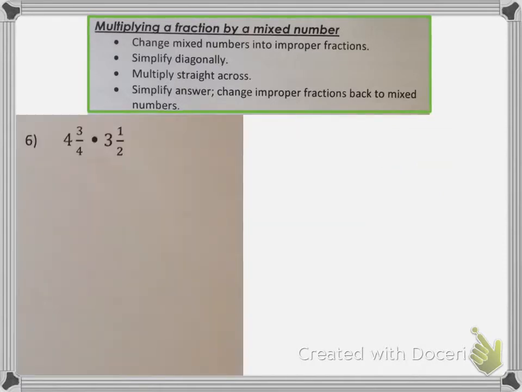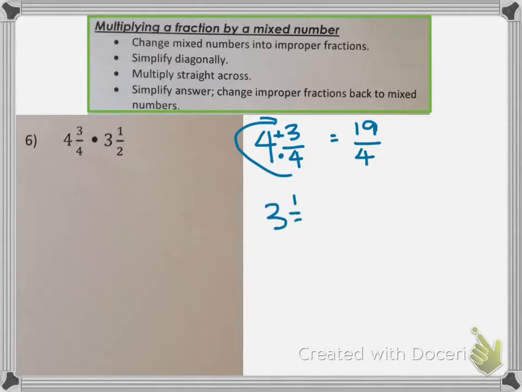All right, so now in this problem we have two mixed numbers, which means we have to convert both of the mixed numbers into improper fractions before we can start our multiplication process. So we have 4 3/4. If we do our little boomerang thing, 4 times 4 is 16, plus 3 is 19. So this is 19/4. Then we need to do 3 1/2. Same process. 2 times 3 is 6, plus 1 is 7, so 3 1/2 is the same thing as 7/2. So now we can say, okay,